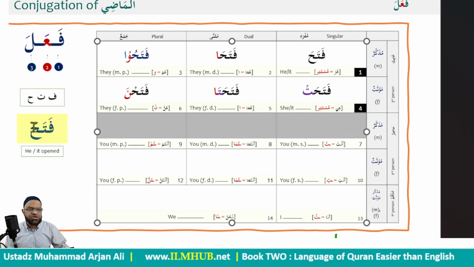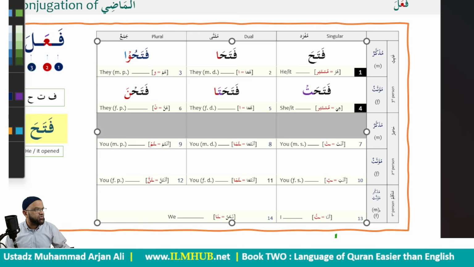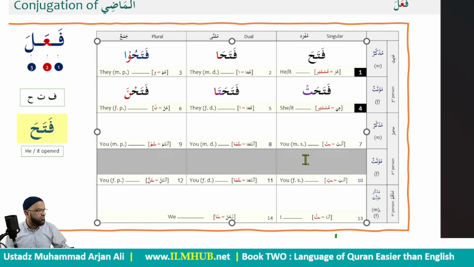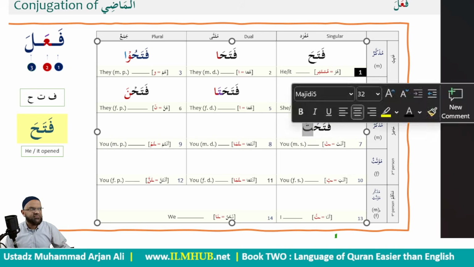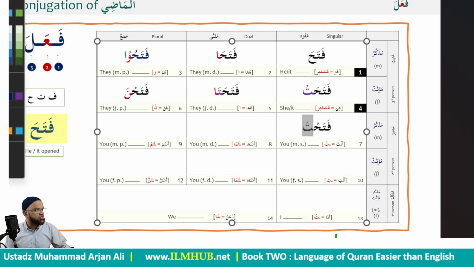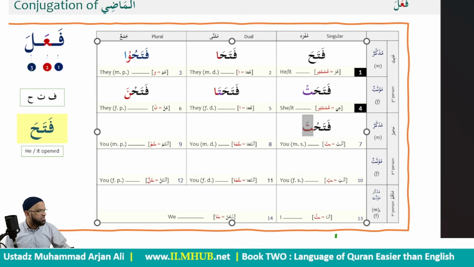So I want to now say "you". Of course, in Arabic, we have 3 different "you" for masculine and 3 different for feminine. All of them in English will be translated as "you", but in Arabic, there is a difference. So I want to say anta. I will say fatahta. Can you see how easy that is? Anta, fatahta. It almost rhymes, so it's very easy to remember. So the ta bit is representing anta for me. So again, antuma will be represented very easily by fatahtuma. I hope you can probably now start guessing the rest of them very easily.